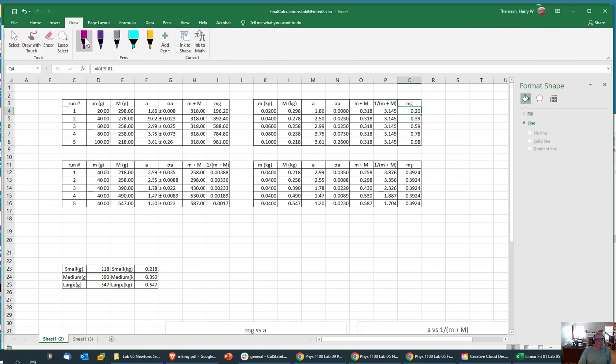And I remind you that, as always, you start off with an equation, and then we adapt it to our apparatus, and we want to test this thing. So F becomes mg, which is the mass of the hanger and whatever weights we put on it, equals the total mass, which is that little m, plus capital M, the mass of the sled going back and forth,